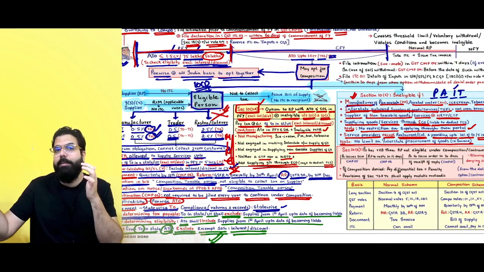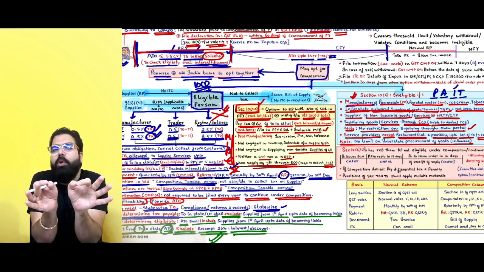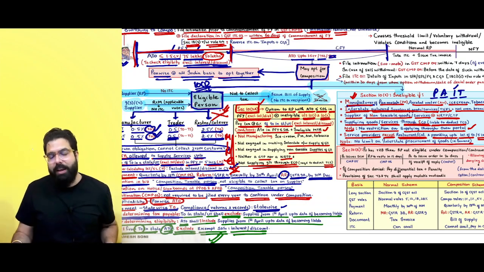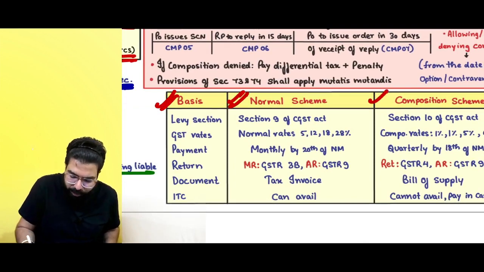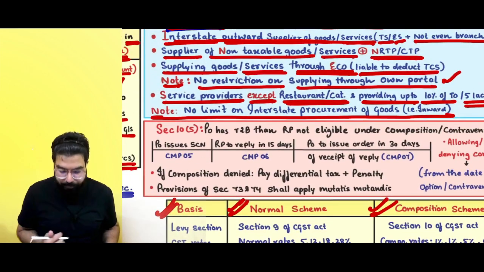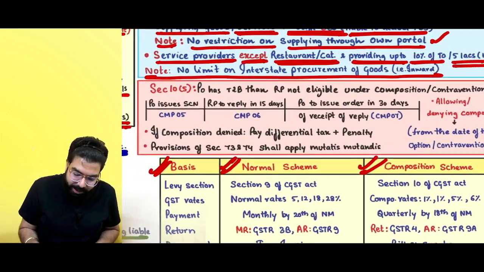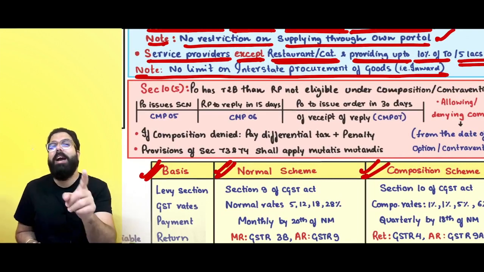So if you are ineligible under section number 10.1 and 10.2, then you can go for section number 10.2A, provided your preceding financial year turnover was up to only 50 lakh rupees. Yes, sir. Point is clear. Here I have just given the difference between normal scheme and composition for you to read. One important point, everyone listen to me very carefully. Section number 10.5 says, for an example, you took composition scheme in spite of being ineligible.